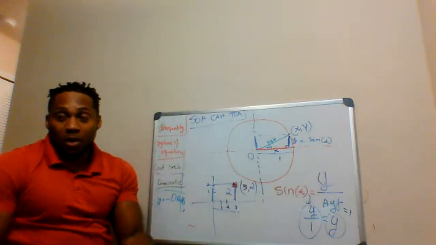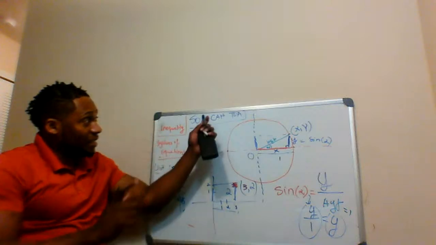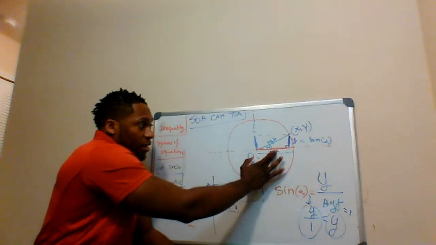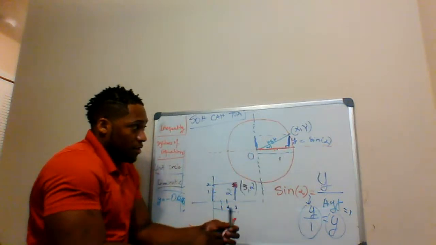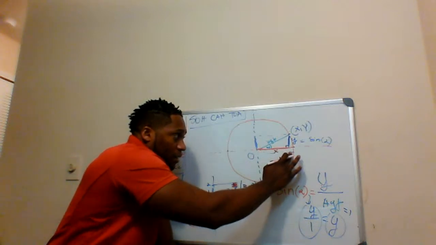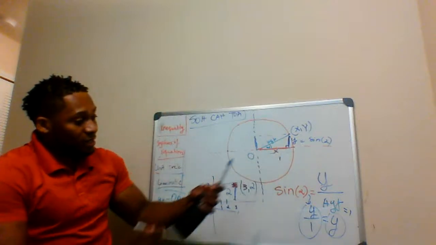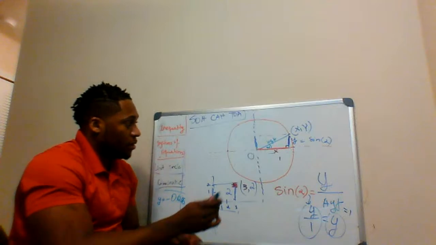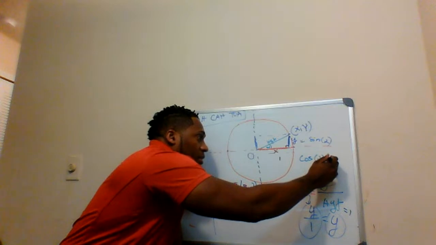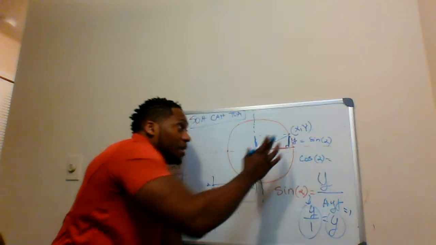So now let's go with cosine of alpha. Cosine is adjacent divided by hypotenuse. What's the adjacent side? It's the red piece. Let's call it x. Not the whole length, because that's the radius. It's the red piece. So now what's cosine of alpha? It's the red piece divided by the hypotenuse. The red piece is x. The hypotenuse is,